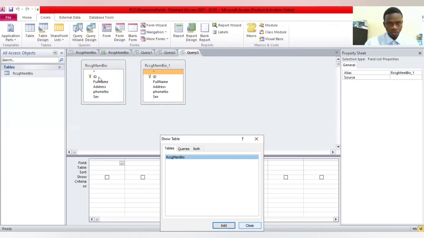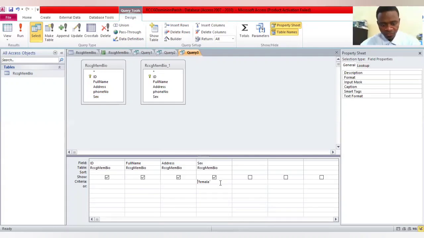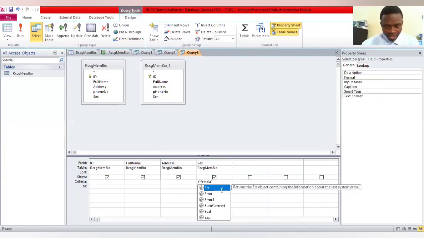So let's add this guy. The first one is add this guy. Full name, I want the full name. Yes, I want the address, and I want the sex. Okay. So now on the sex, I want male, or rather, let me say female. I want you to bring out anything that has female on it,